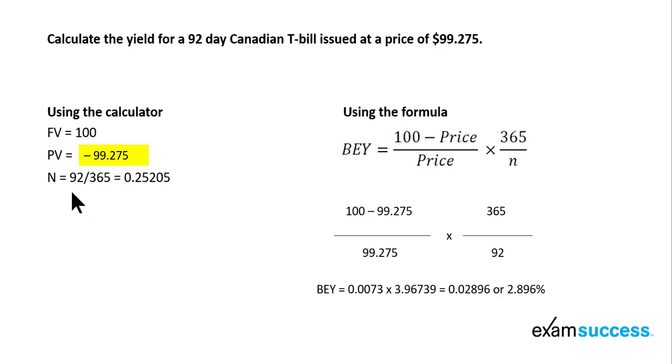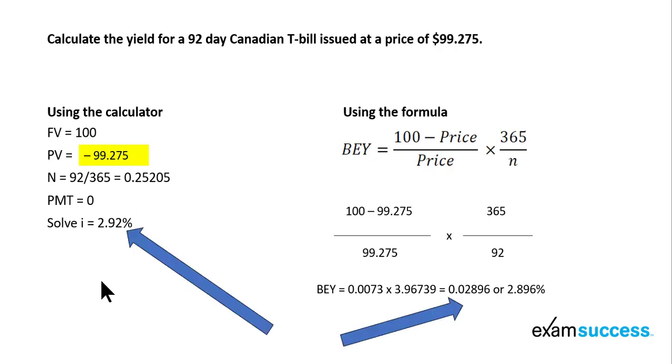Then the time period, that's going to be 92 days divided by 365 days. So that's 0.25205. The payment is zero. T-bills issued at a discount, they do not pay any interest. They mature at par. We'll solve for the interest rate, and there it is,